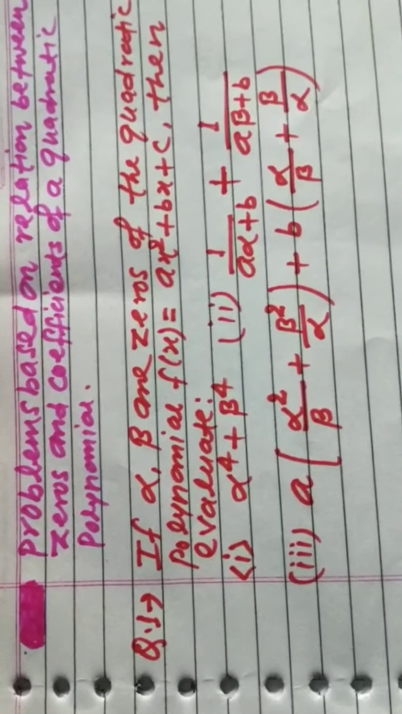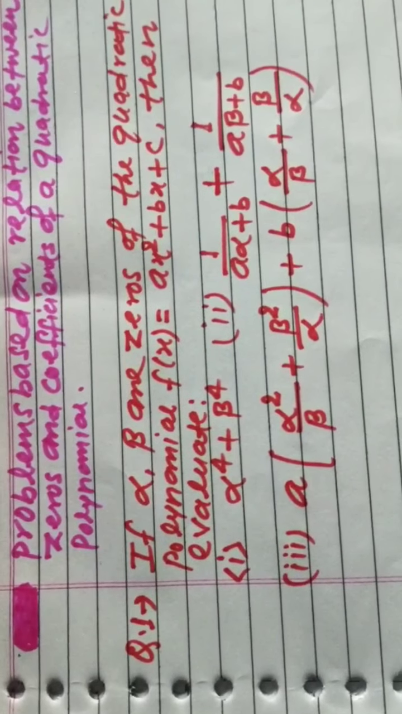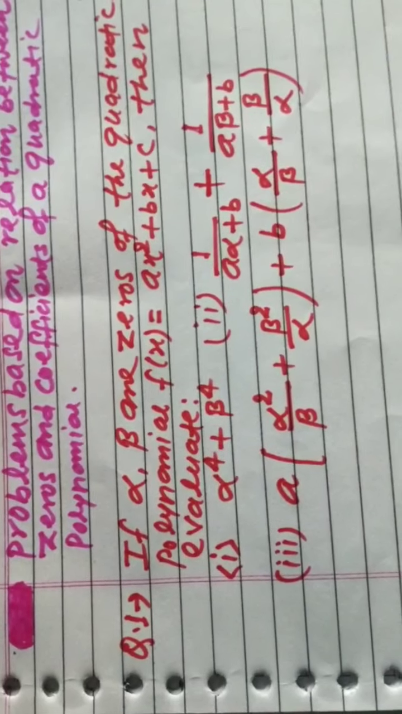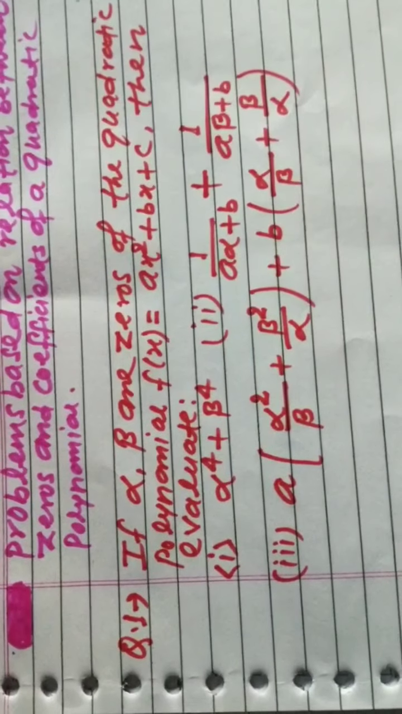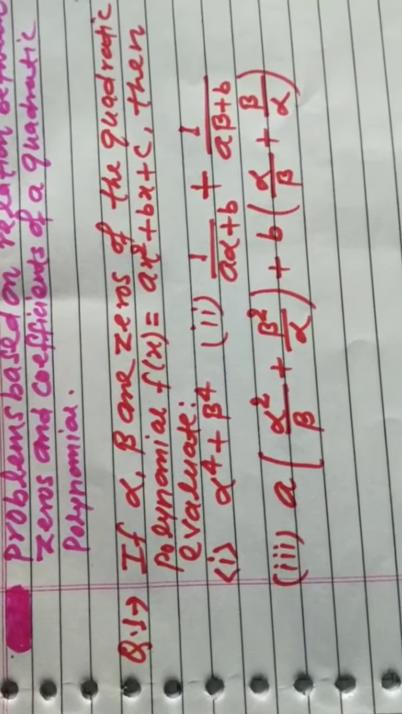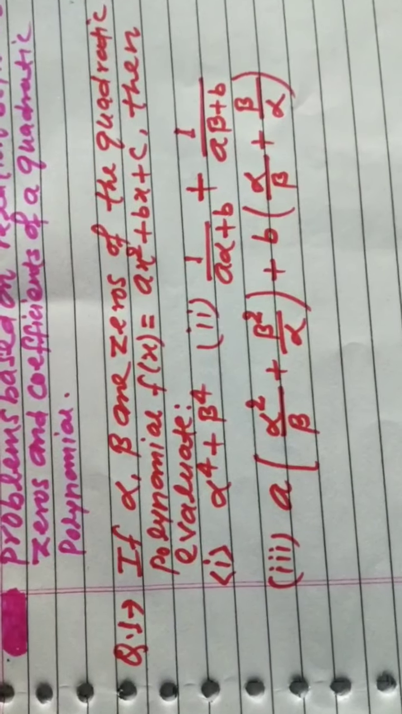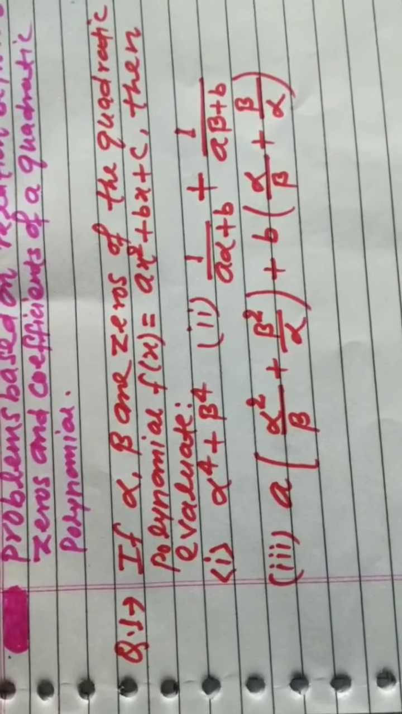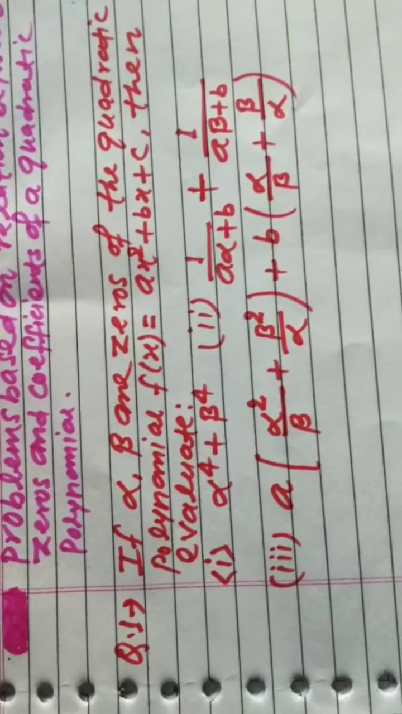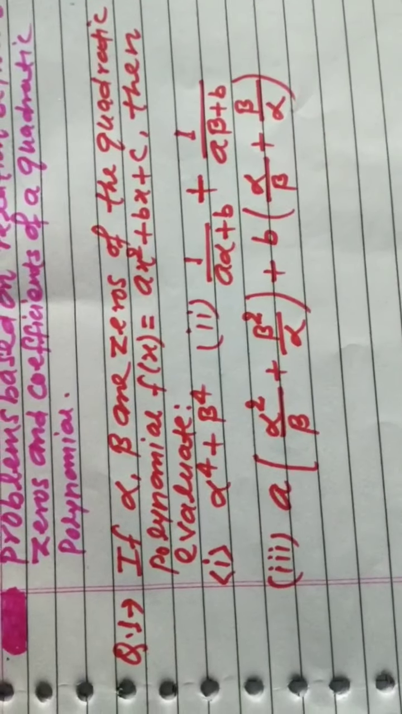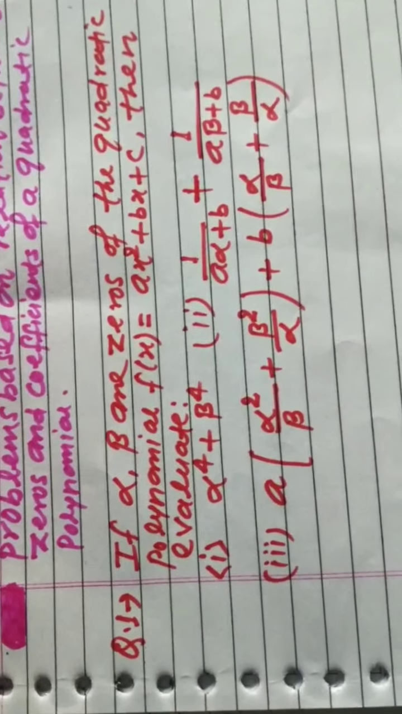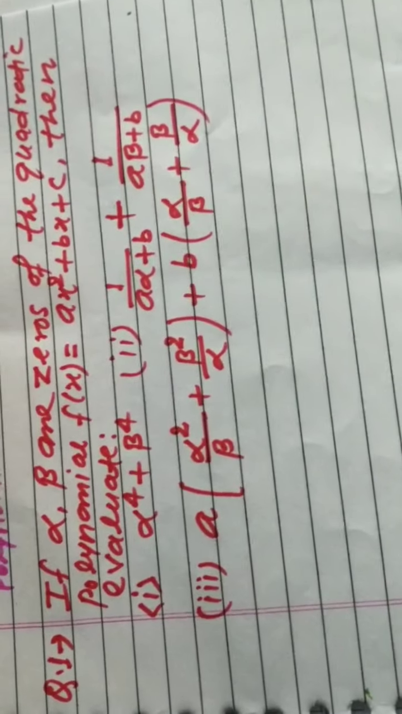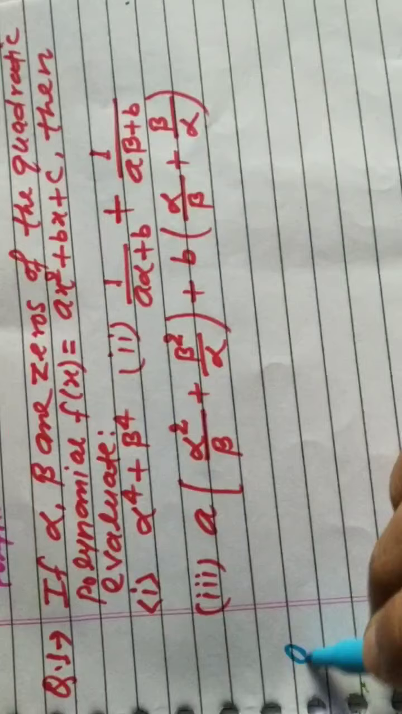First one is alpha power 4 plus beta power 4. Second one is 1 by (a alpha plus b) plus 1 by (a beta plus b). And third one is a into (alpha square by beta plus beta square by alpha) plus b into (alpha by beta plus beta by alpha). There are three questions. So let us solve it one by one. So, solution,